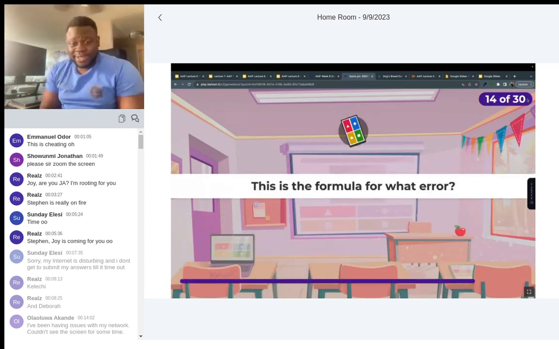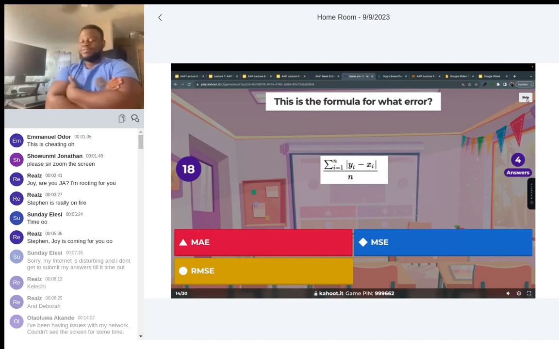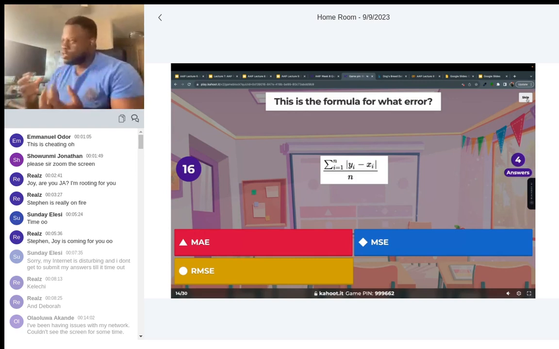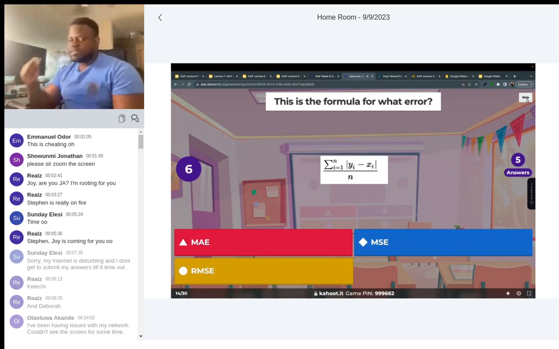Steve in the lead. What's the formula for this error? This is the formula for what error? Is this MAE, MSE, or RMSE? This boils down to knowing what the definition is. Let me give you a clue. MAE is mean absolute error. MSE is mean squared error. RMSE is root mean squared error.